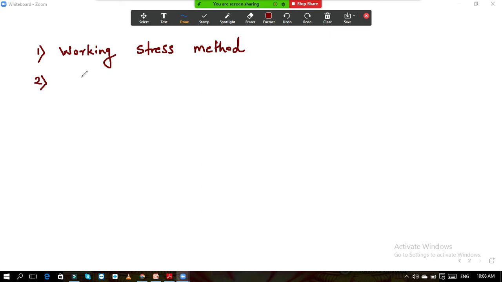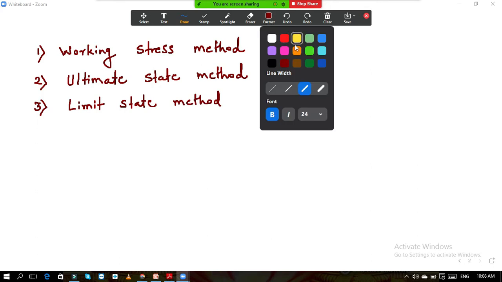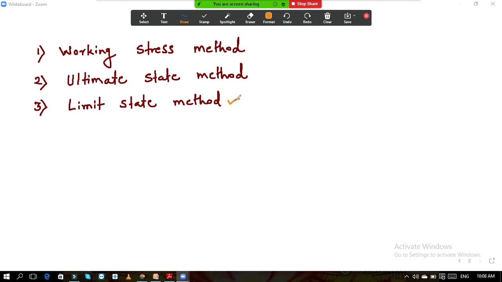Second method is the ultimate state method. You write this down with me. And third is the limit state method. Now mostly the limit state method is used. Nowadays this limit state method is used. These two methods were used earlier, but there are some drawbacks to these two methods, so that is why now the limit state